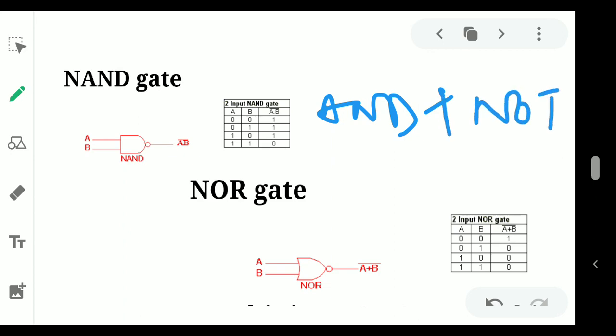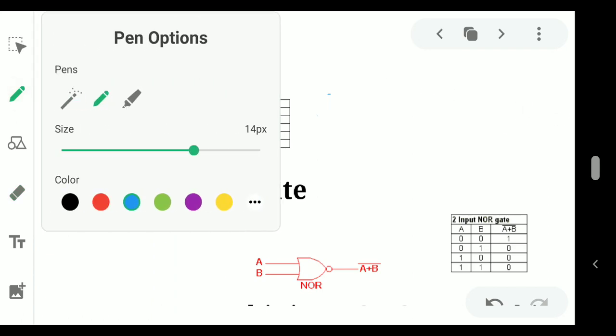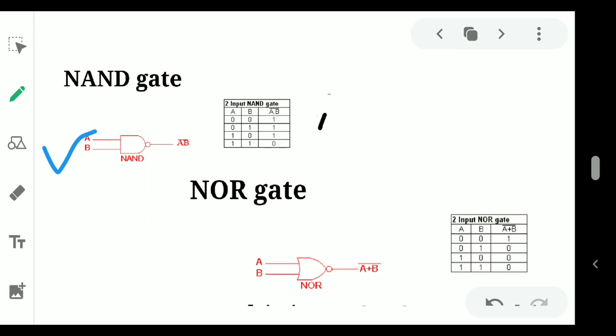Okay, so first we have to do what? First we have to draw the truth table of the AND gate, and then this output, if you pass it through the NOT gate, then only we can get the NAND gate. Okay, this is actually the symbol of the NAND gate, but you can write it in other ways also. The implementation is like that only. You can use this type of thing also. Okay, A I am writing, and here is the B input.